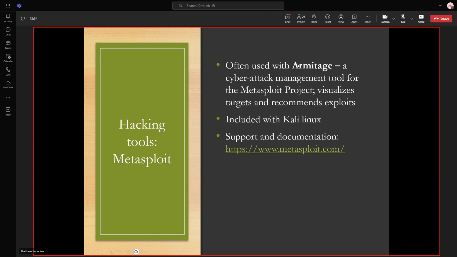So some people just like it as kind of their comfort. It's kind of like what's your favorite text editor, right? They like being able to do everything through Armitage. That's not really me, but you'll develop your own taste for that as you go through this. All of this is included with Kali Linux.